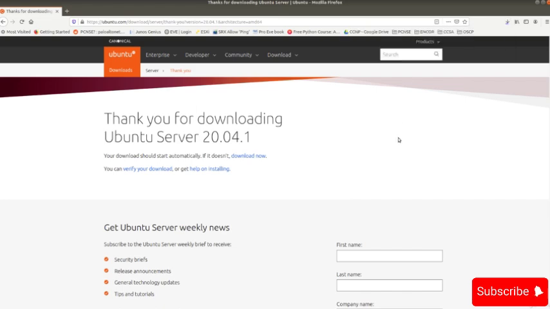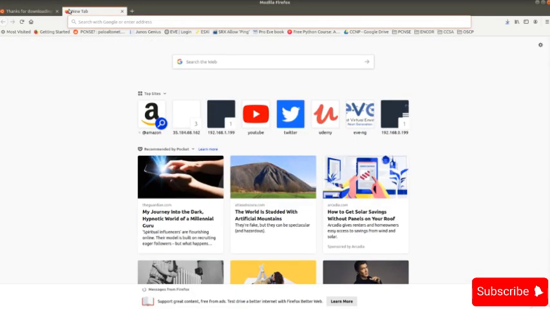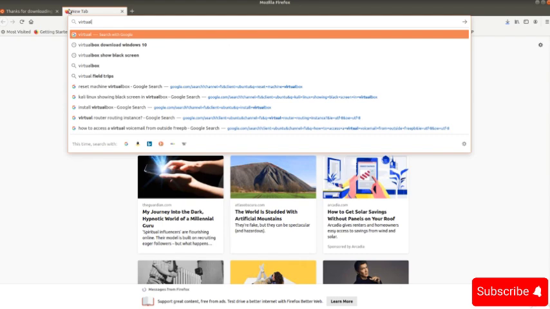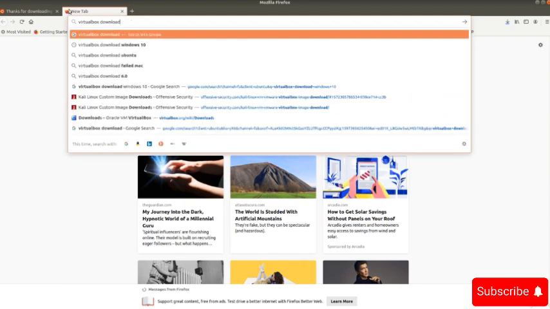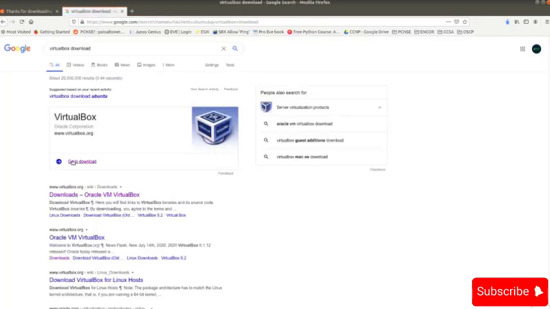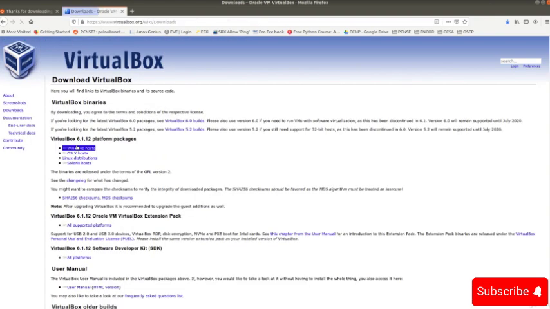So that is great. Another thing that you need to download and install is VirtualBox. Just search for VirtualBox download. And over here, downloads, I'm also going to add the link for this so you can go ahead and download it. You can see right here, it works for Windows, OS X, so for Mac, Linux, and Solaris also. We can do it. I have a Ubuntu Linux device, so I would go ahead and download this one and